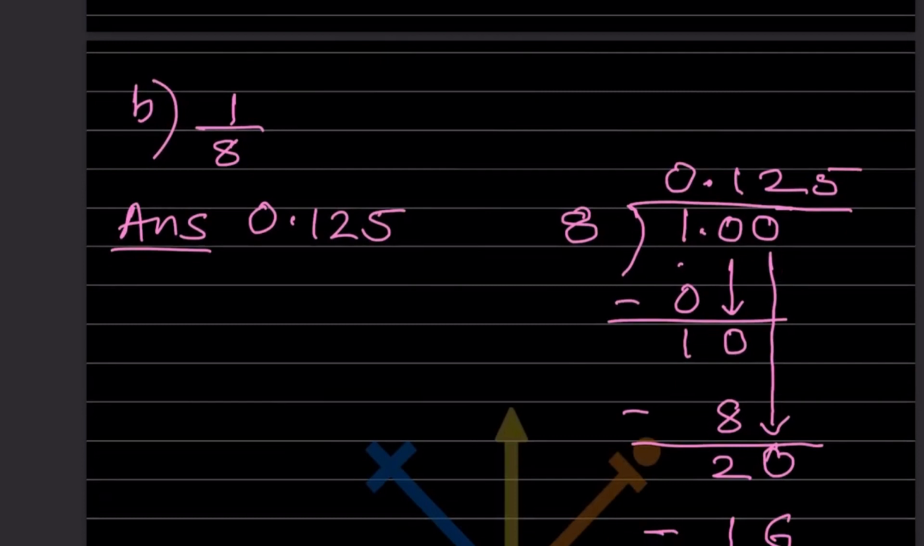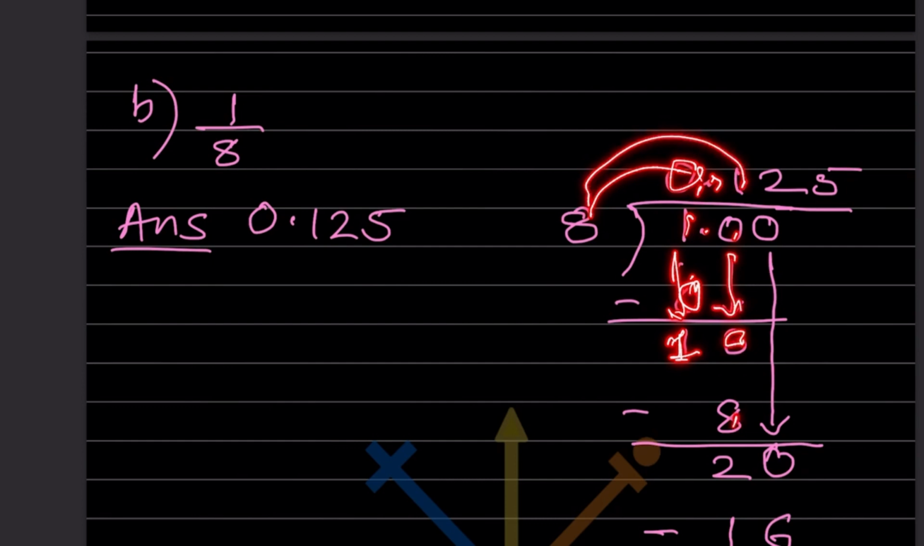So again from here, the numerator is smaller, so we can put 1.00. So 8 times 0, 0. So this 1 will come over here, that will go 1 minus 0 is 1. Then the 0 will come here, so 8 times 1 is 8. Now look at this, this is 2 and this will be 0. So 8 times